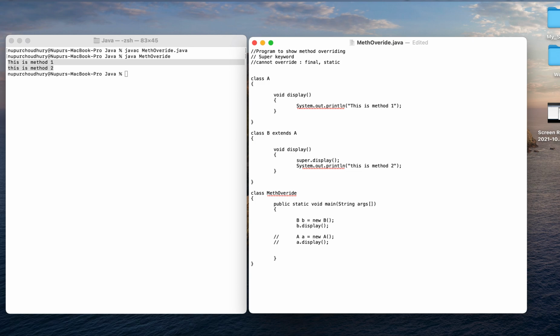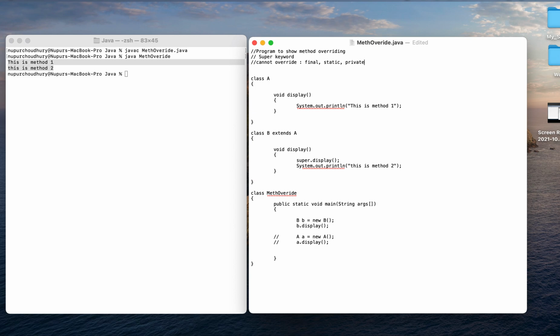Okay, and the third thing that we have to remember is that if we have declared any method as private, it cannot be overridden as it is bound during compile time, and that is why we cannot even override private methods in a subclass. Okay, so these are the three different types of methods which cannot be overridden.